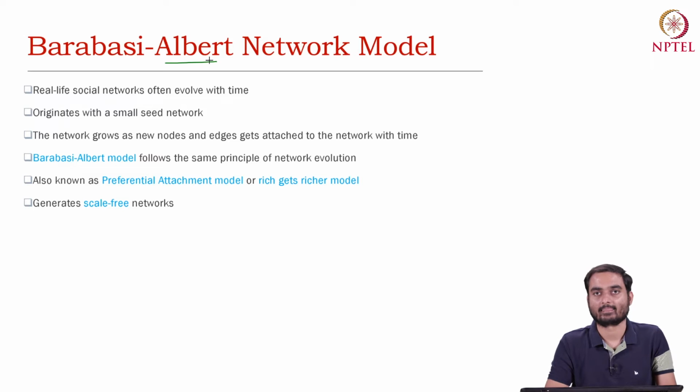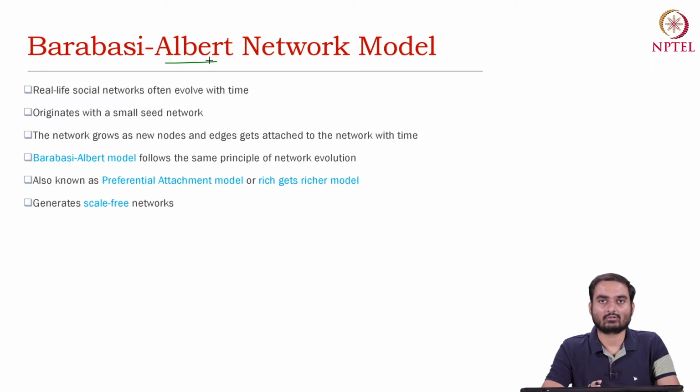The reason is that all the other models that we have discussed so far assume that the number of nodes is fixed and given beforehand. You are basically designing mechanisms to rewire or connect nodes in different ways. In the random graph model, we connect nodes randomly. In the Watts-Strogatz model, we rewire the regular lattice in such a way that after certain rewiring we get a small world network, and so on.